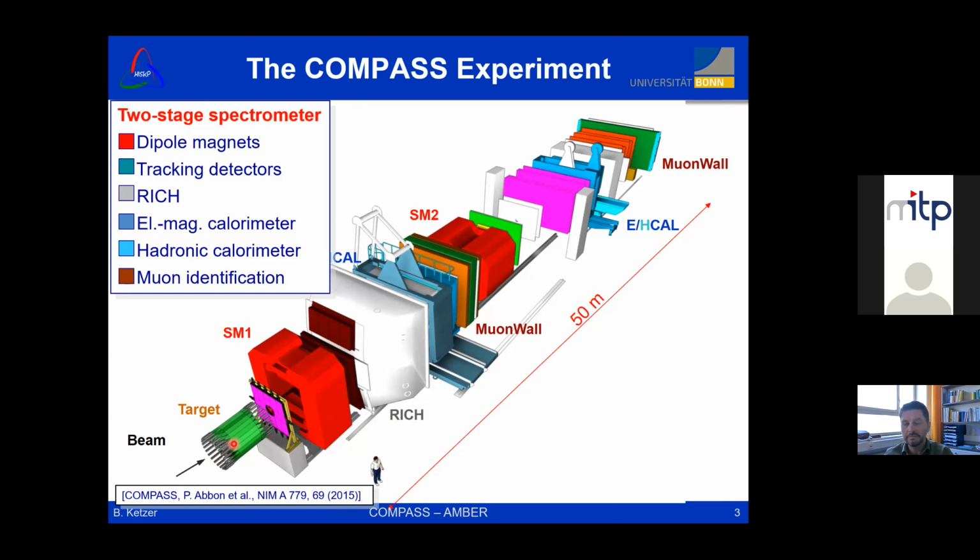We use a pion beam with 190 GeV momentum, and then there is a target, which in our case is a liquid hydrogen target. Then we have two spectrometer magnets here that give us a wide kinematic range of final state particles that we measure. And what will become important for the new results that I'm going to show is the calorimeters. So we have an electromagnetic calorimeter here and another one down there, because we want to include neutral particles, photons,